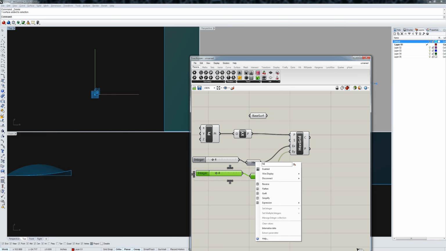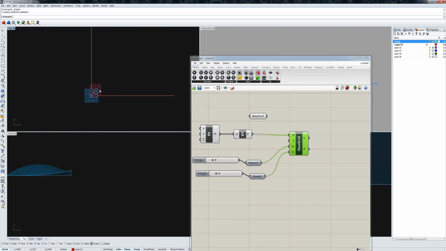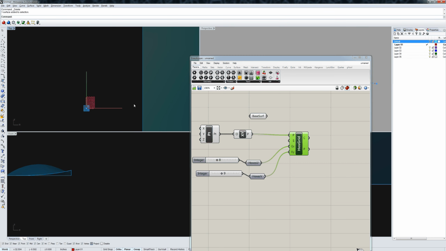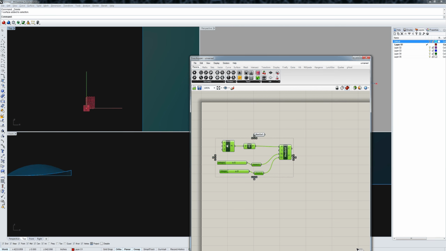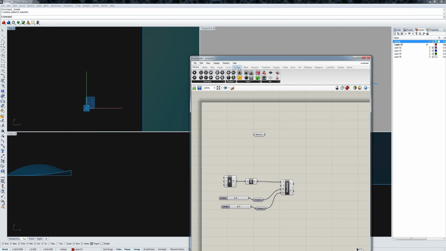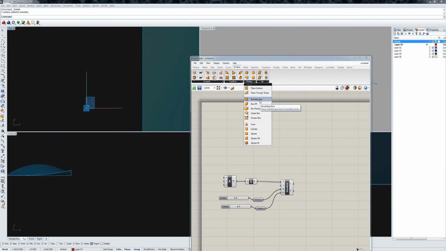Call that hexes U. Hexes V. And so just like last time, what we need is an easy way of morphing these onto the surface. So the first thing we need to do is get a reference surface. And I think the easiest way to do that is to get a bounding box